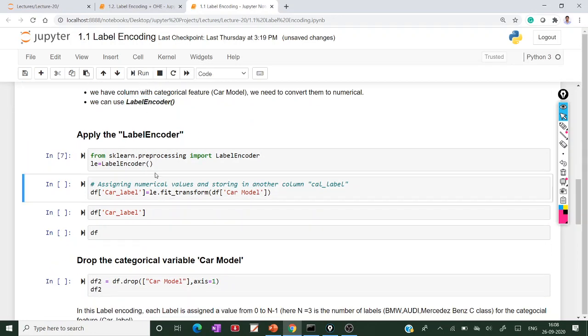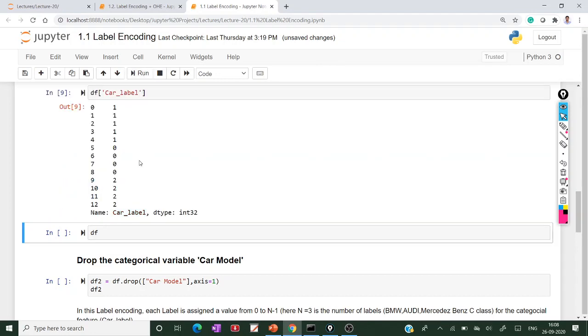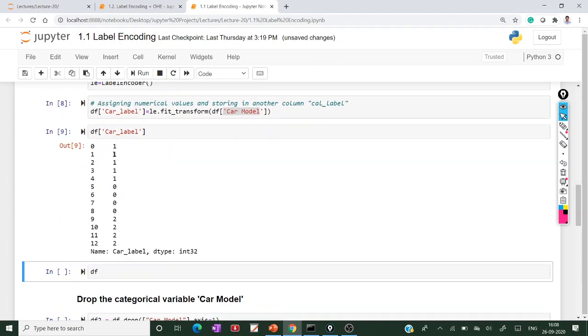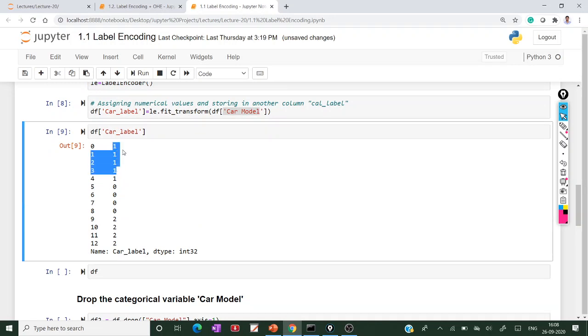From sklearn.preprocessing, import the LabelEncoder. Here we are applying the label encoding on this categorical feature. After applying it, the car labels will be encoded into the numbers 1, 0 and 2.